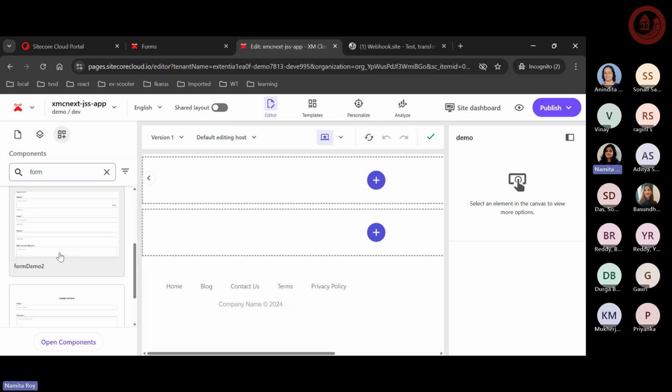So ours was the form demo 2. It is now available. Only active forms will be available in the component builder. Now you can just drag and drop